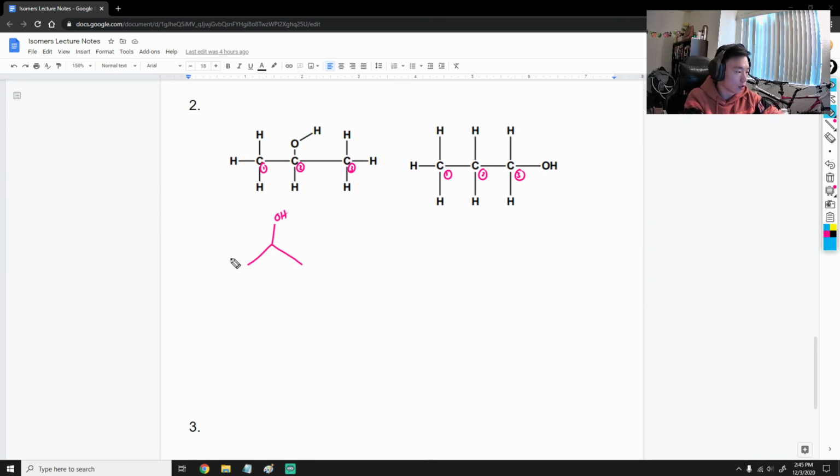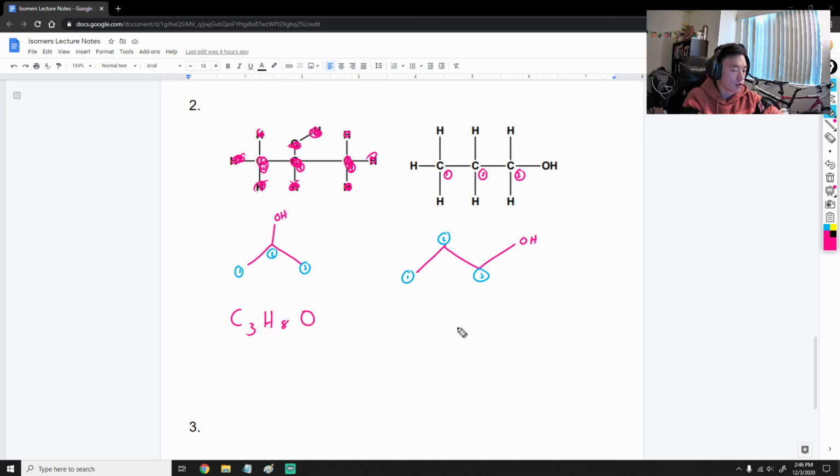So if we were going to number the carbons on the skeletal structure, we have carbon 1, carbon 2, carbon 3. Here we have carbon 1 connected to carbon 2, connected to carbon 3, and carbon 3 is the one connected to the OH. This one looks like that. Now if we write the chemical formula by counting up all of the atoms, we have 1, 2, 3 carbons, so we have C3. We have 1, 2, 3, 4, 5, 6, 7, 8 H's, and then we have an